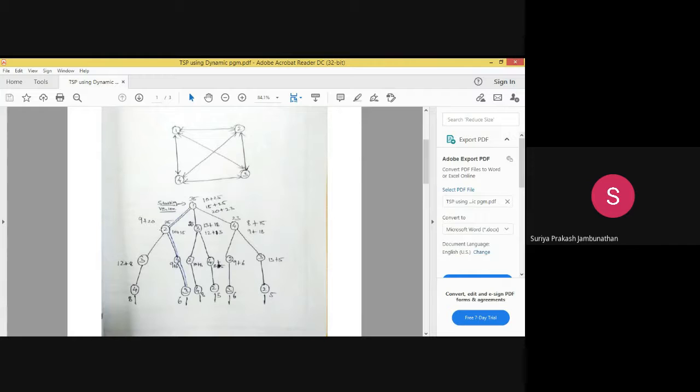When we take 2, 1 is already taken and 2 is already taken, so the remaining are 3 and 4, which we make sub nodes for 2. In the same way, for 3, with 1 and 3 already taken, we have 2 and 4 as the sub nodes. Okay. In the same way, 1 and 4 are already taken, so we put sub nodes 2 and 3, because the remaining two nodes are 2 and 3.